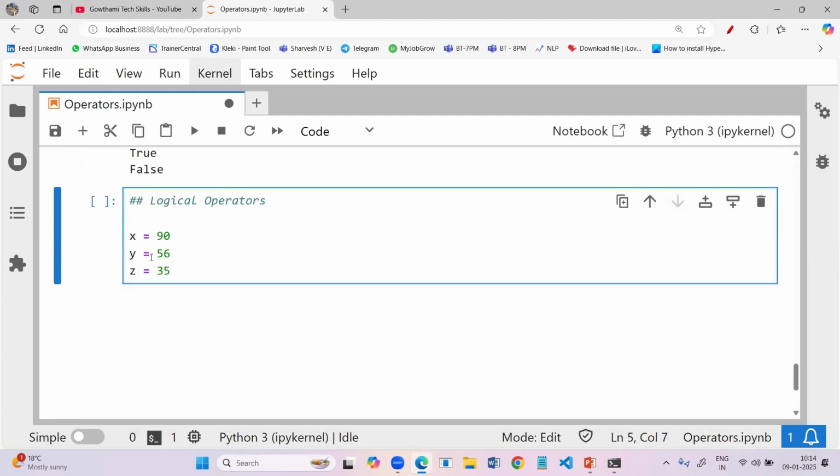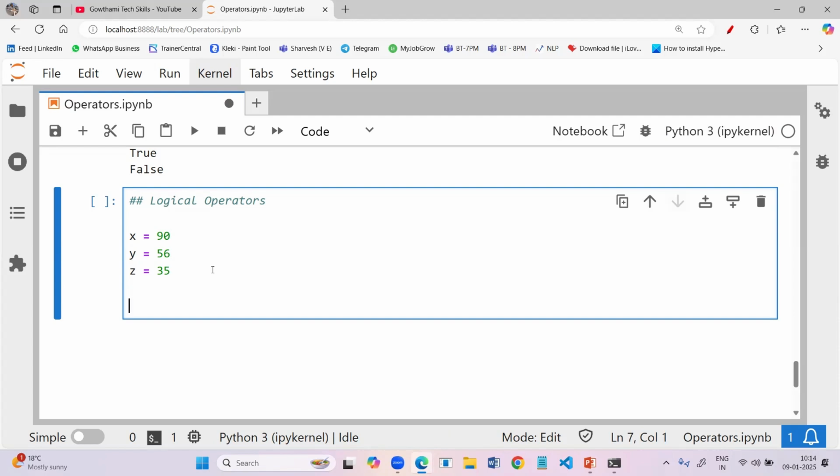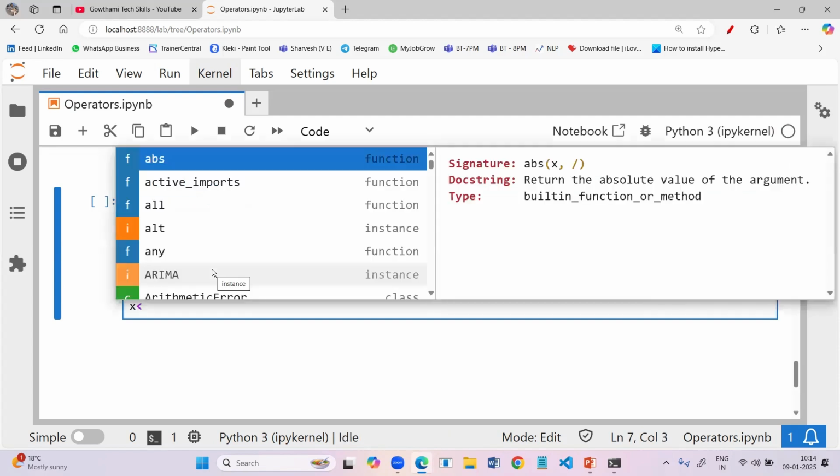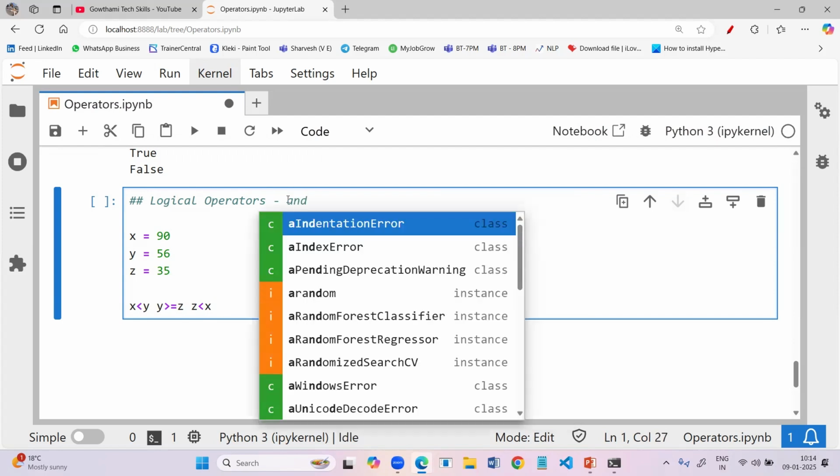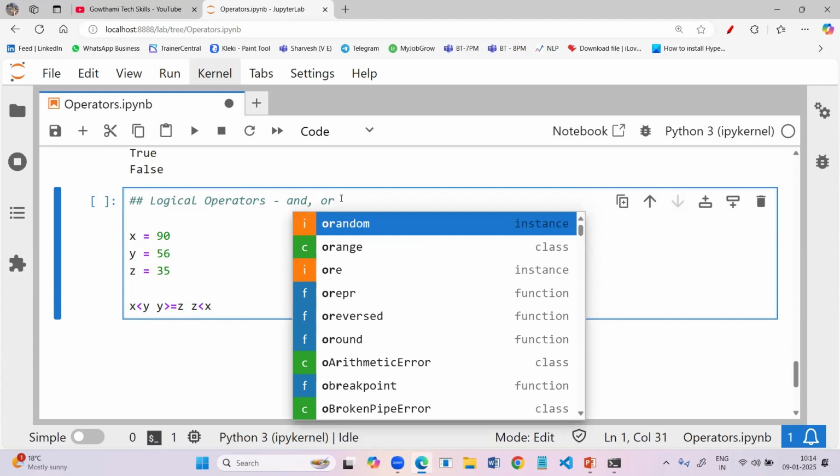I'm going to create conditions using these three variables: X less than Y, Y greater than or equal to Z, Z less than X. Totally, I created three conditions. To combine these three conditions as a single condition, we use logical operators, either the AND operator or the OR operator.